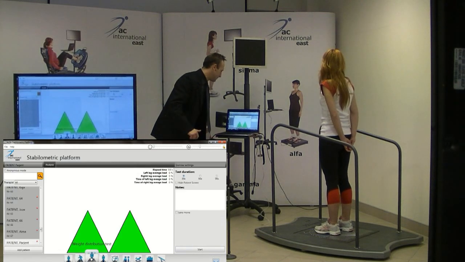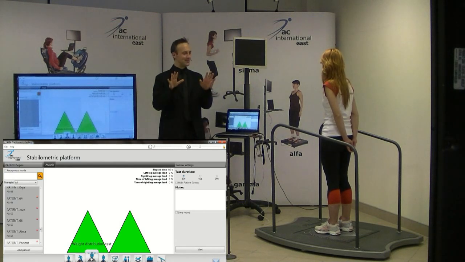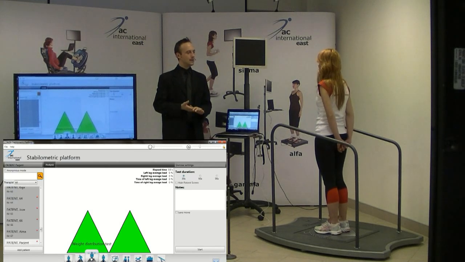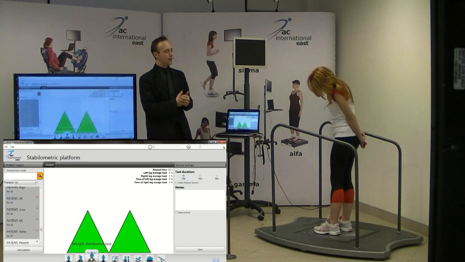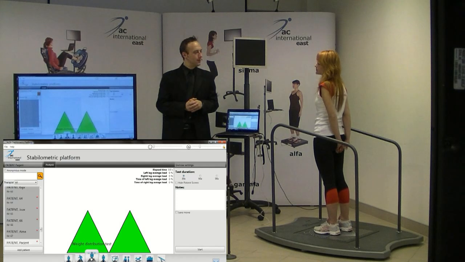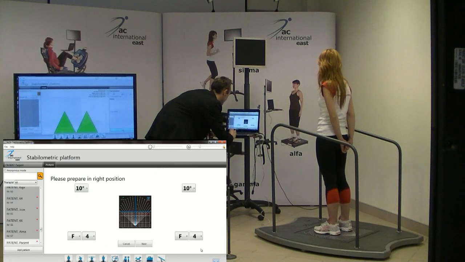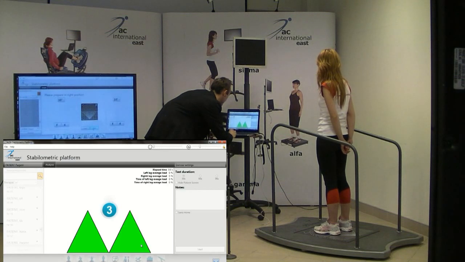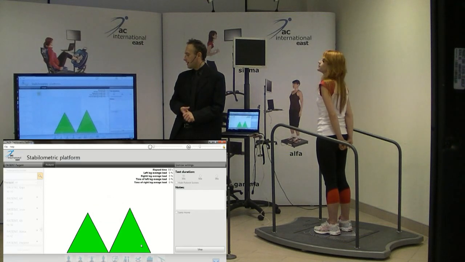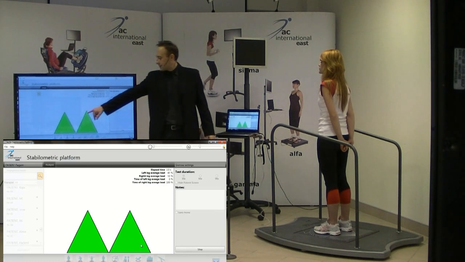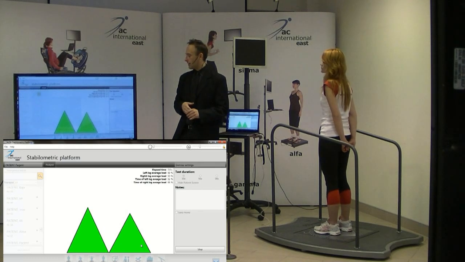And the next one will be the wide distribution test. Okay, so your aim will be to stand looking forward and we will assess the distribution of your left and right lower limb for a 30 seconds test. So we have the position of the feet and we can start. Okay, you just look forward and here we can see the distribution of the load during the test for the left and the right